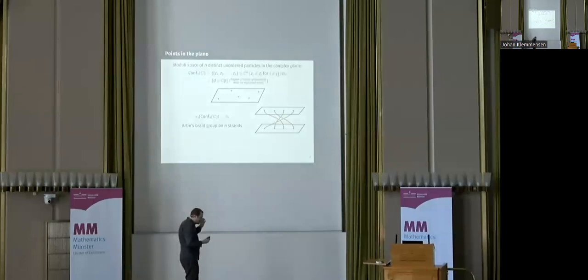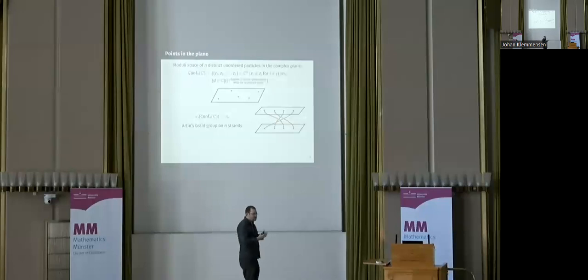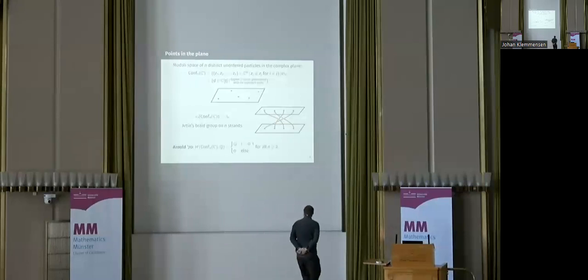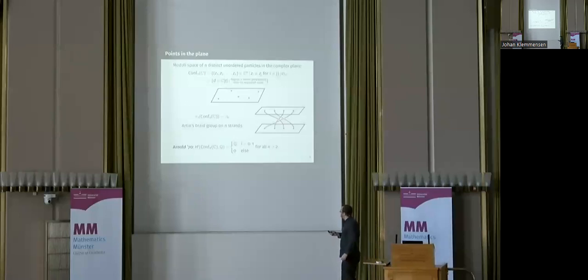And it turns out that these spaces are what we call in algebraic topology Eilenberg-MacLane spaces, which means that everything about them is encoded by their fundamental group. So studying these spaces is, from any point of view you like, identical with studying the braid group. But sometimes it's convenient to think group theoretically and think about the braid group, and sometimes it's convenient to not think group theoretically and think about the space itself. And in particular, by not thinking group theoretically, Arnold calculated completely the cohomology of this space. And the answer is quite surprisingly simple.